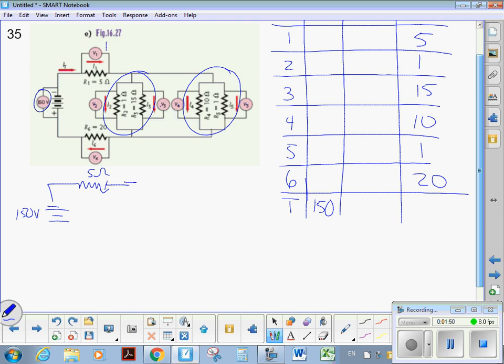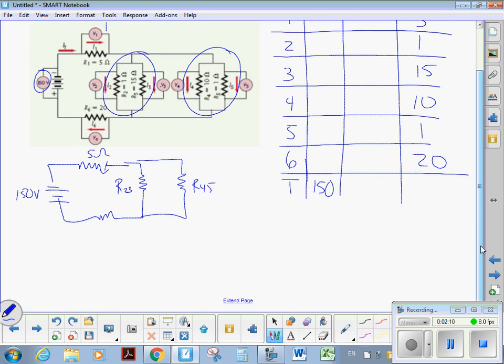So I'm going to have a circuit that looks like this in step 2. I'm going to have a resistor I'm going to call 2, 3, and a resistor here called 4, 5. No, it's not 5, try that again. 4, 5. All right. So we know that 1 over R23 is equal to 1 over R2 plus